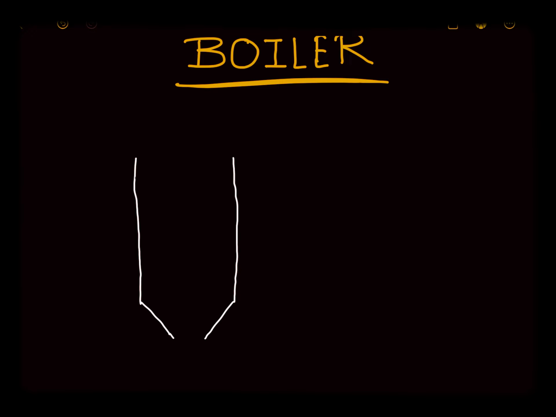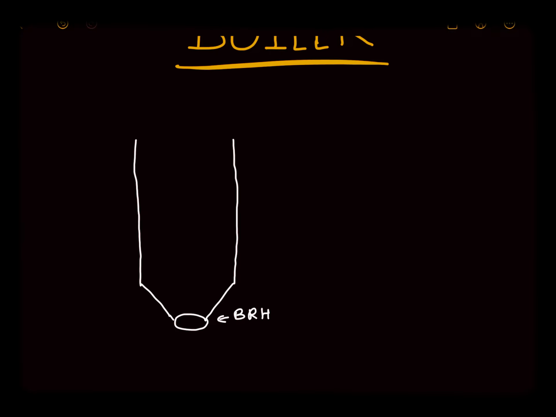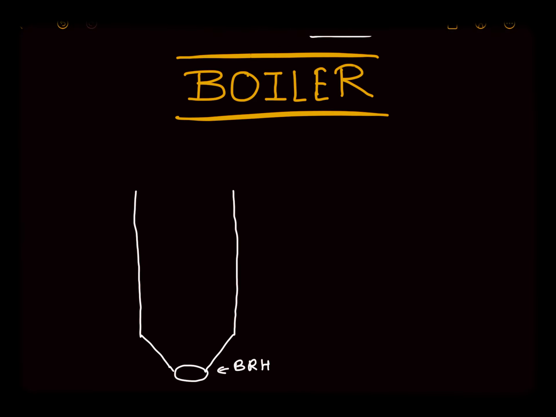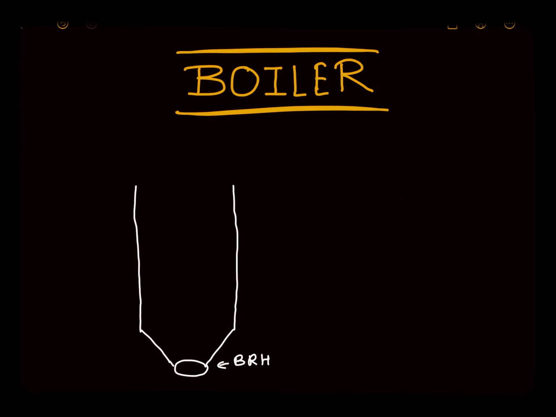and downside there is a component called bottom ring header. This is called bottom ring header. It is connected downside of the boiler, and then actually these walls, whatever walls are shown here, these are actually the tubes of water, like this. These are the tubes of water, because in these tubes water is filled,